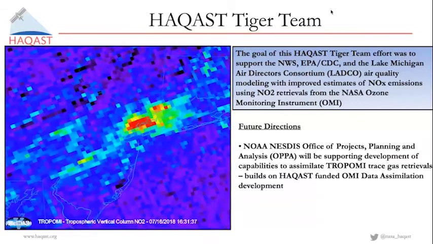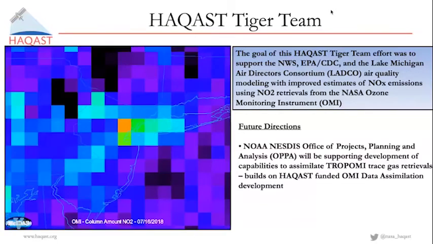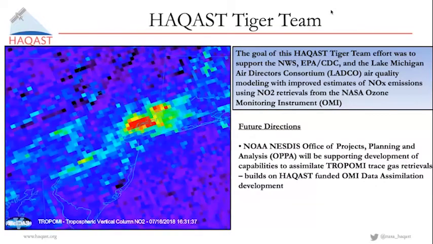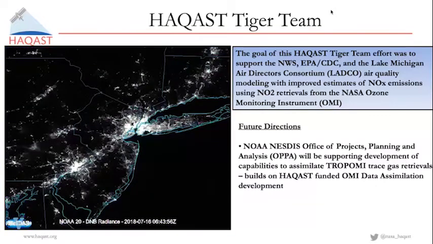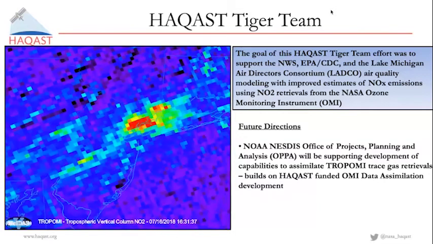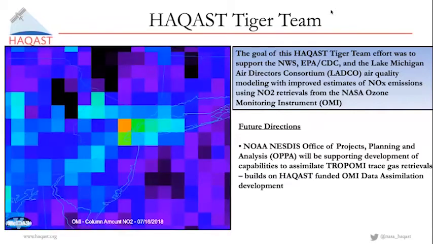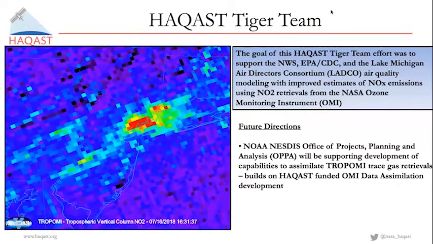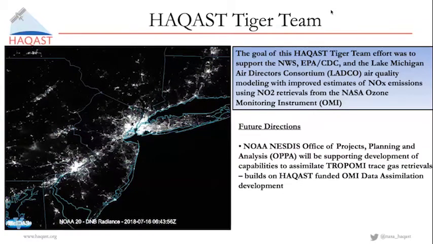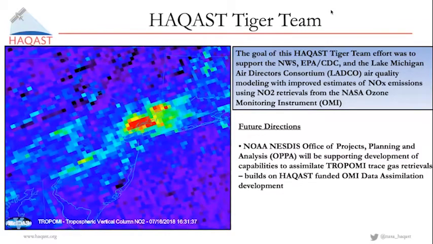What we found out from the study using OMI is that the OMI satellite, because of its fairly coarse resolution, did not provide particularly strong constraints on regional air quality emissions, at least at the 12-kilometer scale that we're running with CMAQ. However, TROPOMI, which has much higher spatial resolution, is able to potentially provide better constraints for these regional